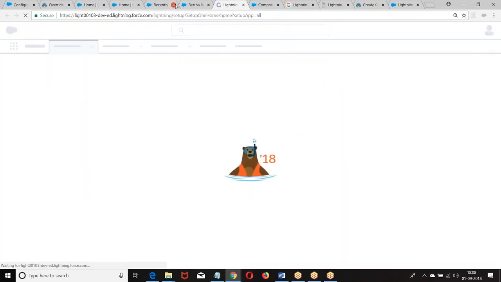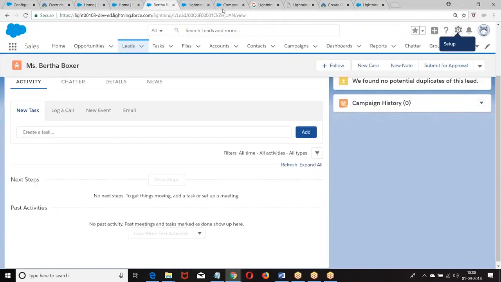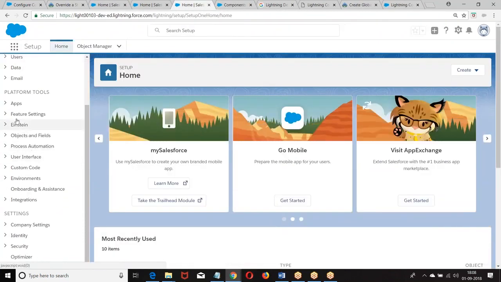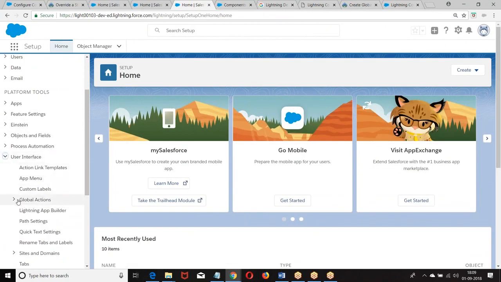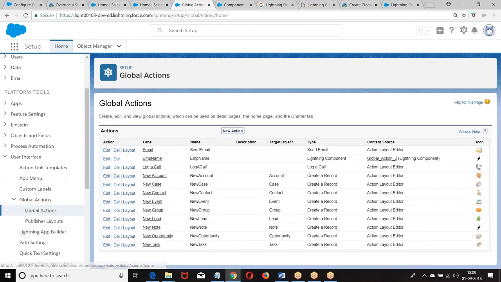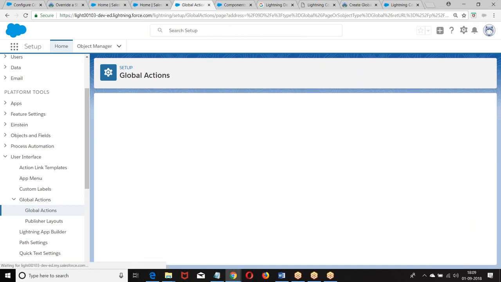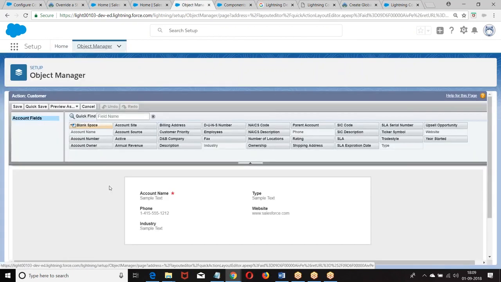Setup, platform tools, user interface, global actions, new action, create a record, choose the object, customer name, then save. After saving it, you are supposed to manage the fields and click on save.